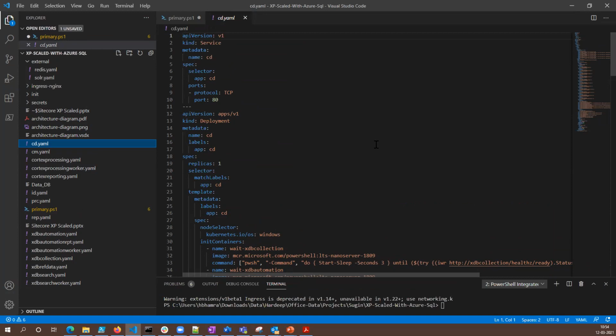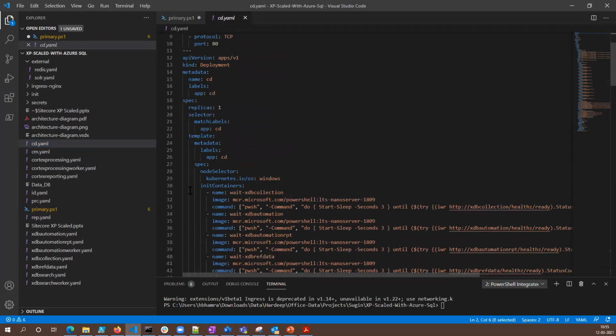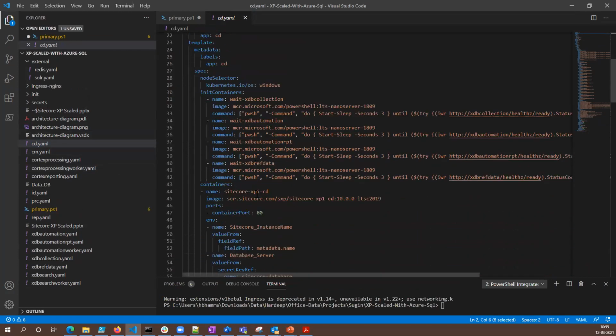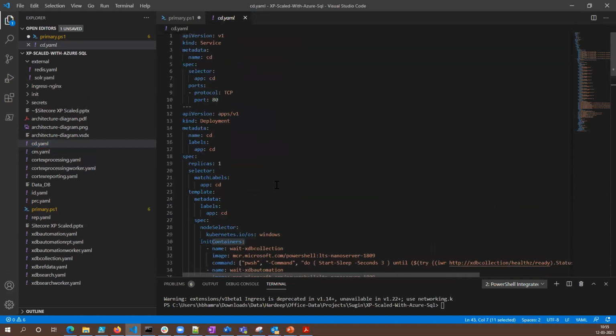We talked about some of the YAML files and their structure last time. For example, the service is getting created, and when you're setting up the actual deployments, the CD YAML has some dependency on the init containers, and then you're setting up the containers. But we'll have sessions on that as we keep moving forward, like I've been saying. The purpose for now is to focus on the XP scale and the architecture.